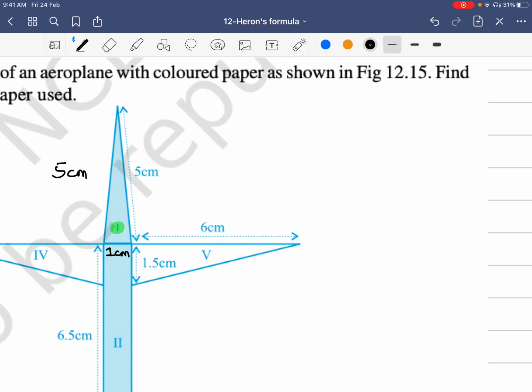First of all, we are going to say this part number 1, very important, is an isosceles triangle. This is an important observation, and that is the reason we can say this side is also 5 centimeter, because this side was given as 5 centimeter. Now we all know how to use Heron's formula, so let's start. So using Heron's formula,